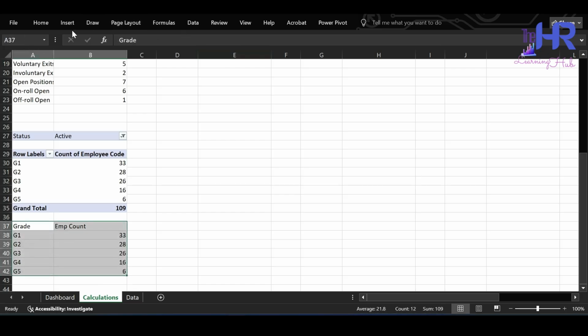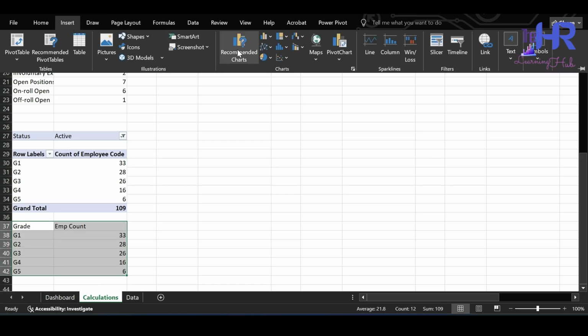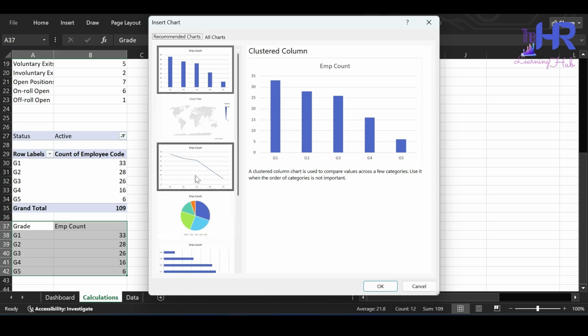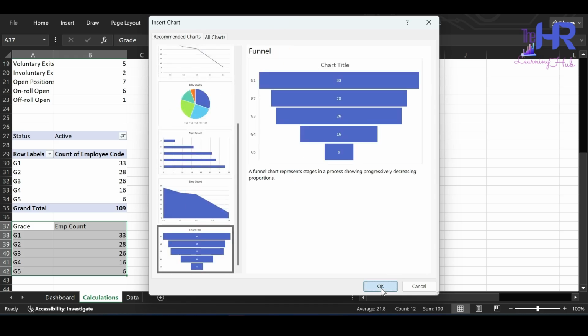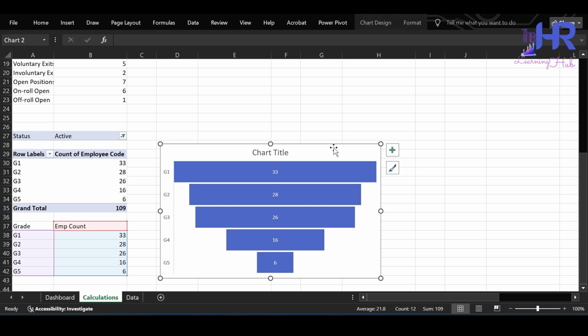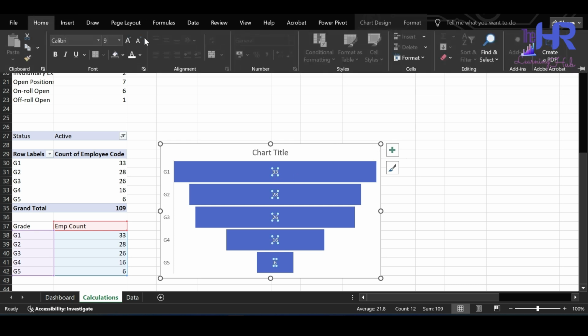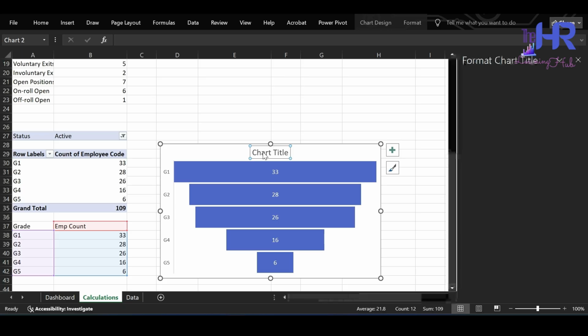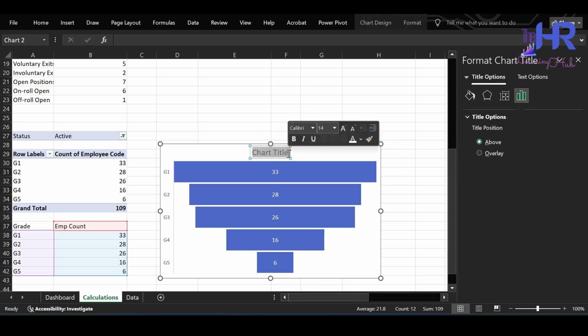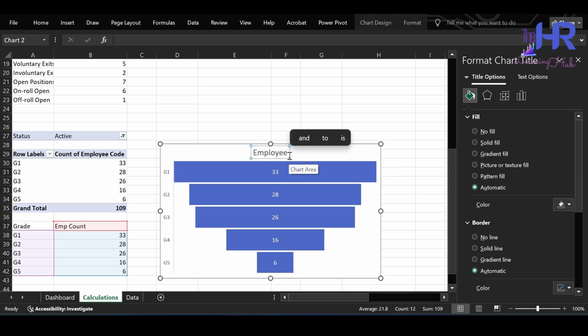Click on insert, recommended charts, select funnel, okay. So we've got the funnel chart. Increase the font a little for data labels, keep it white, add a title, employee distribution by level. Click on the chart,